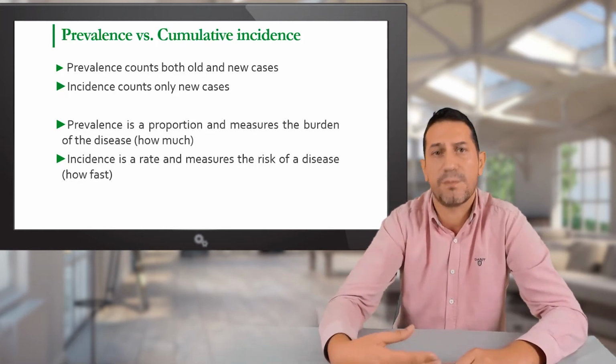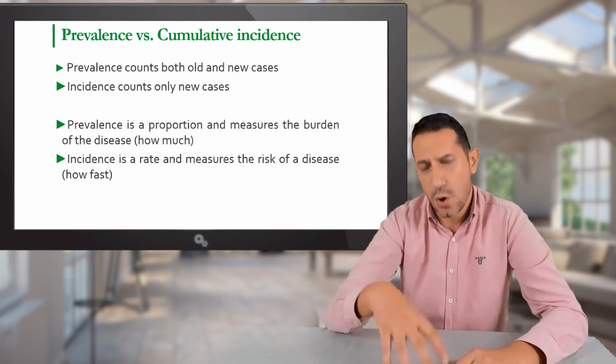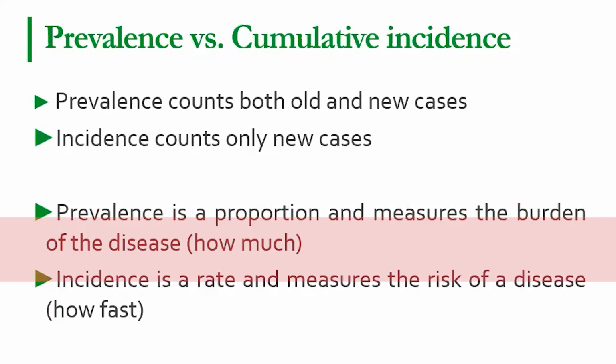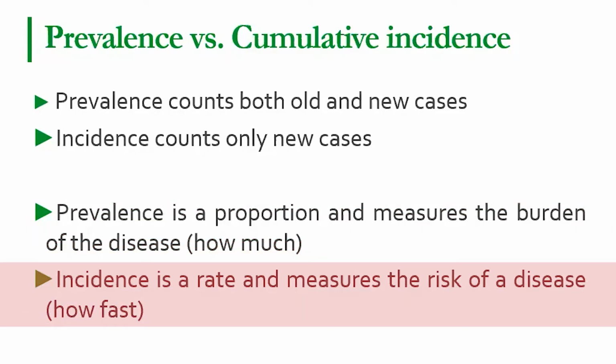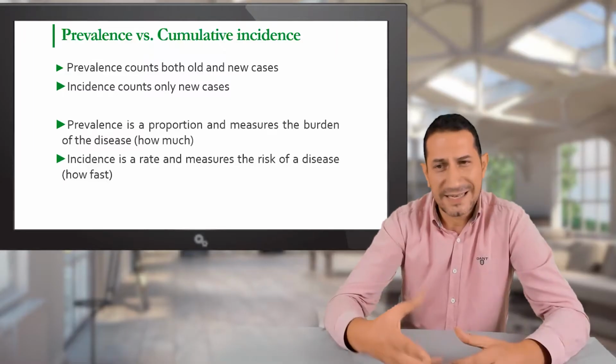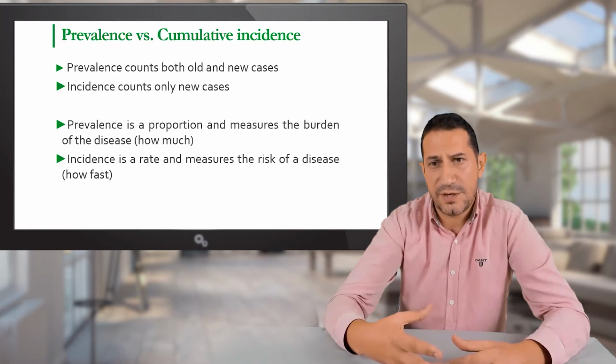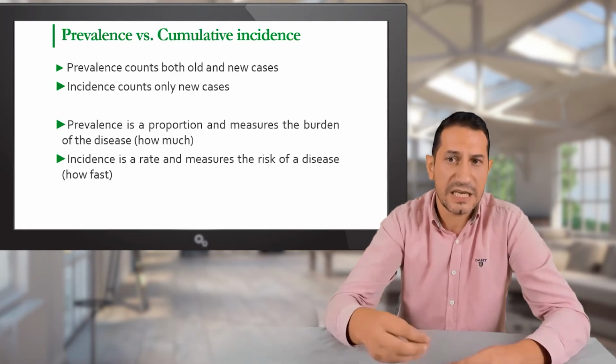parameter for policy making. On the other hand, incidence is a rate and measures the risk of a disease, and it tells us how fast a disease is spreading into a population. So the speed at which the disease is occurring and happening in the population, and that's, in essence, a measure of risk. And the faster the disease is occurring in the population, the riskier it is for the animals